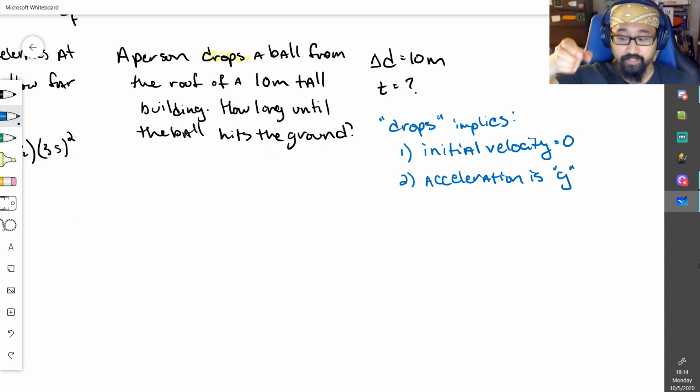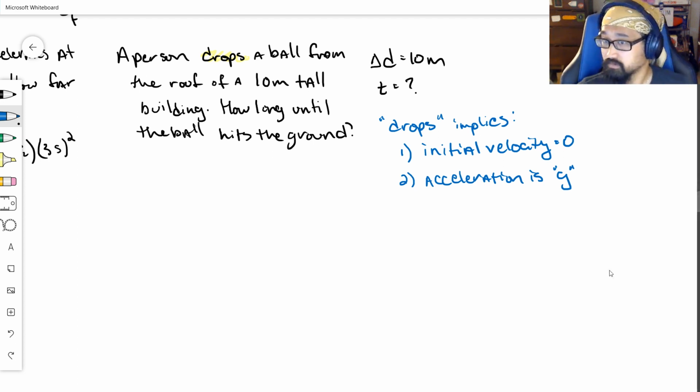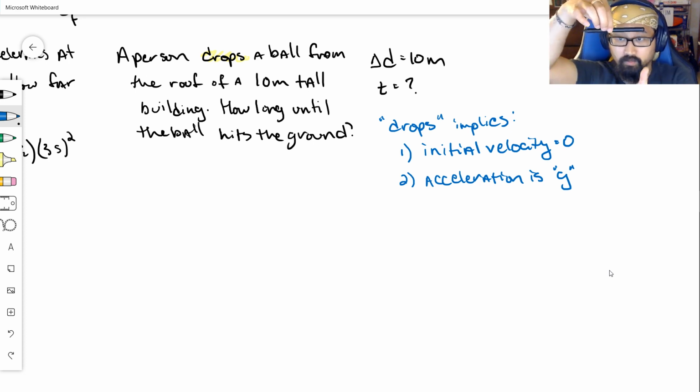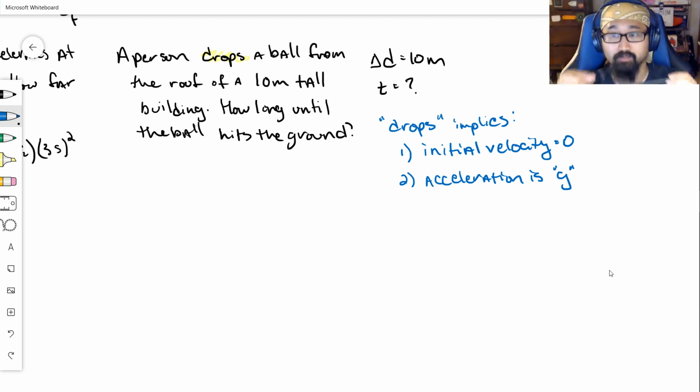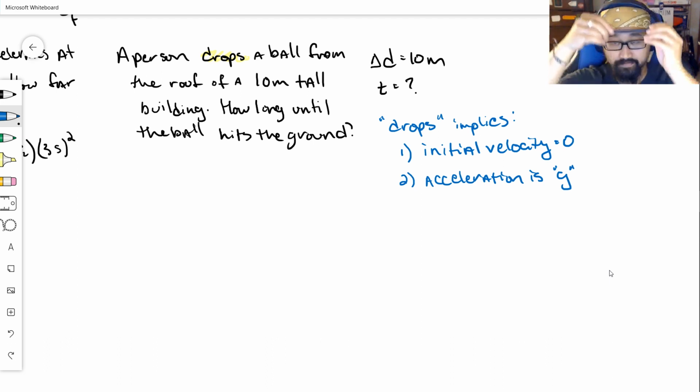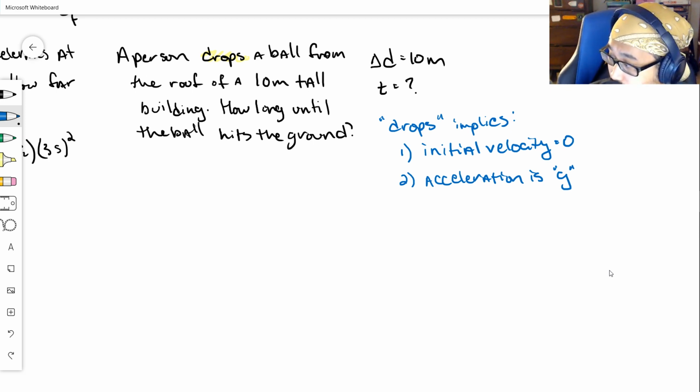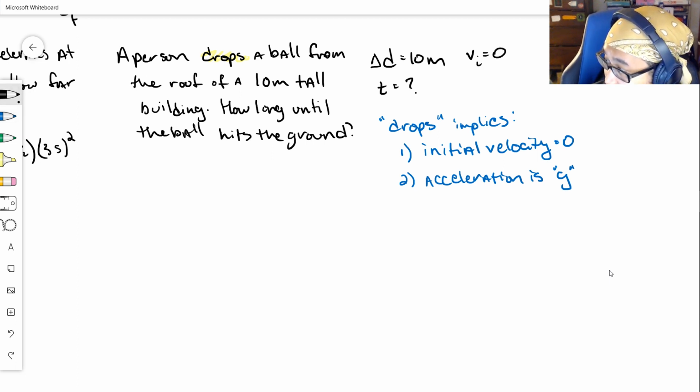When you drop something, you are taking it and you are releasing. You are not throwing it downwards, you are not throwing it upwards, I'm not throwing it sideways, I am simply taking it and dropping it. Because that's all I'm doing, the initial velocity of the object is zero, right? When I let go of this, there's an infinitesimally small period of time before it begins to accelerate. And the reason it begins to accelerate is gravity. So, I do actually know that the initial velocity is 0 and that acceleration is 9.8 meters per second squared,